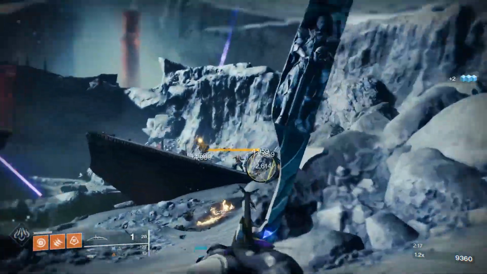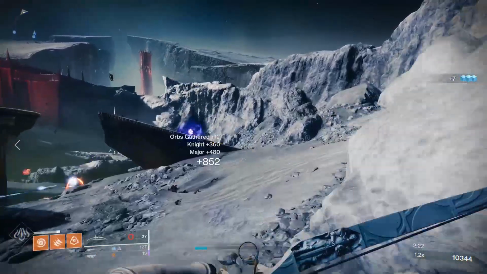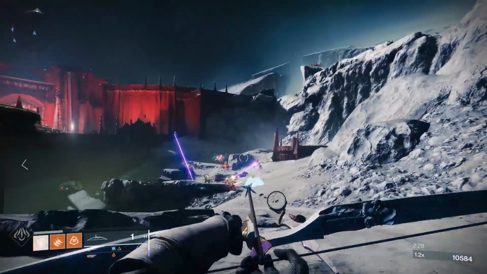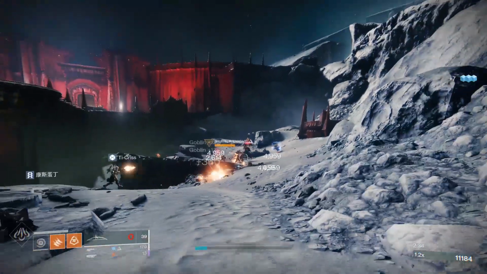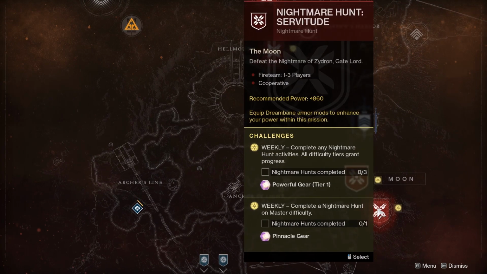So you've hit the soft cap of 960, the current cap for Season of Dawn, and you want Pinnacle gear to push for 970, but you don't raid and you mostly or exclusively play alone. I've got one way for you to do that outside of Iron Banner and the Pit of Heresy dungeon if you own Shadowkeep. The Nightmare hunts don't require a score or time threshold to get a piece of Pinnacle gear,